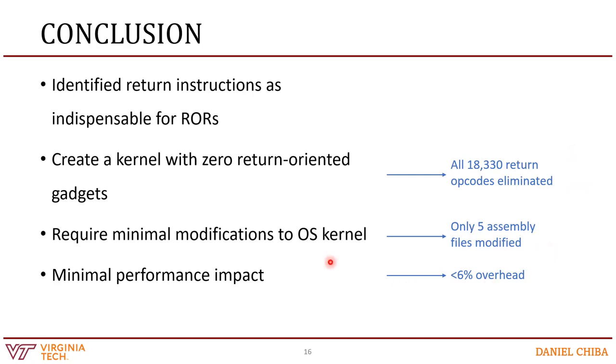They wanted minimal modifications to the OS kernel, and they only needed to modify the assembly files and none of the C files. And performance impact is minimal, under 6%, which should be acceptable for most applications, but in reality,